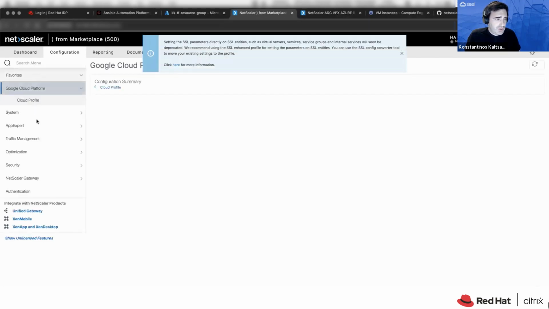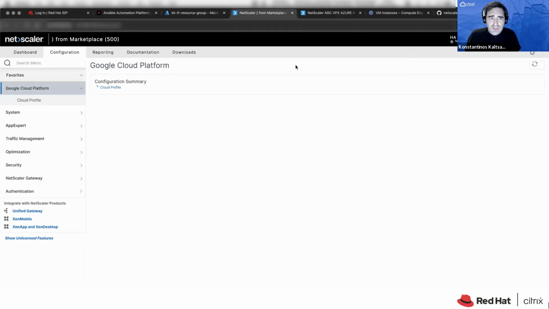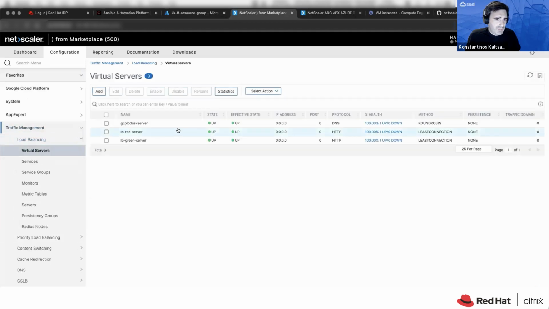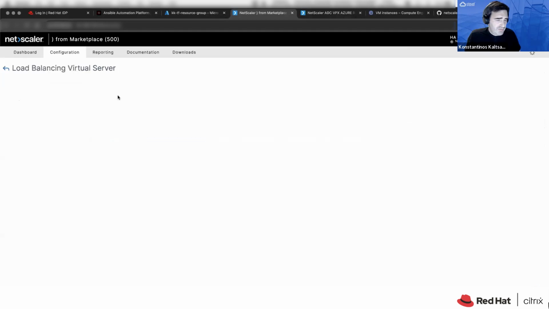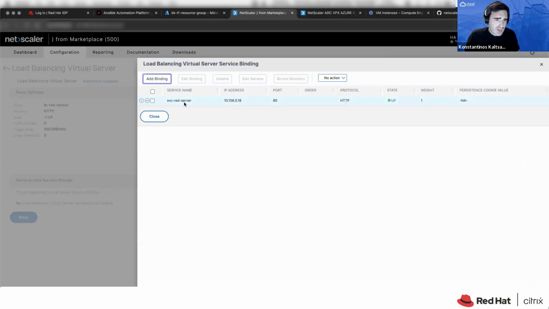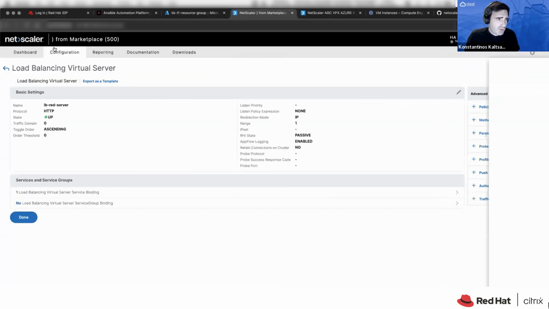Let's hit continue here. You will see that this NetScaler is the one on GCP. If we go under the traffic management, you will see that we have created 2 LBV servers. If I hit edit here, you will see that we have done also this binding. So this LBV server has the red service.